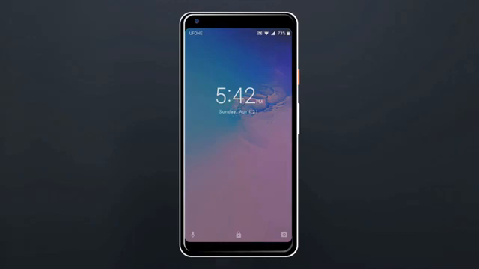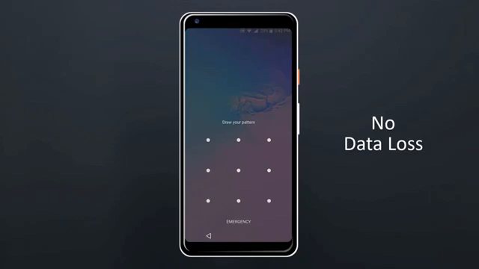If you forget the pattern or pin lock of your Android phone and you don't want to hard reset your phone as there is very important data that you don't want to lose. It happens sometimes when you put a screen lock password on your Android phone and forget it, and you want to remove the lock on your device without losing all of your data. Well, in this video I am going to show you 6 effective methods to unlock Android phone without losing data.